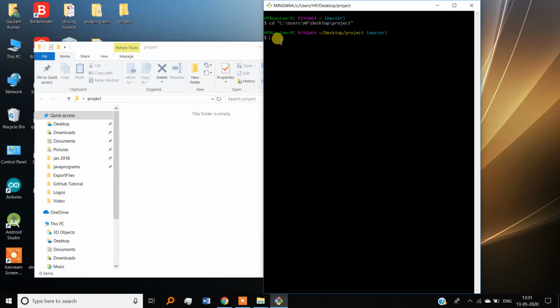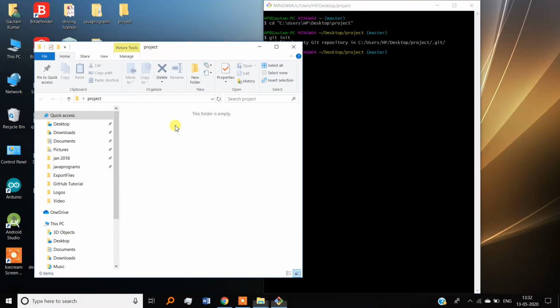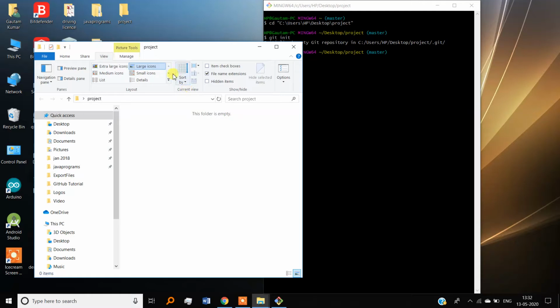Now we need to write a command, git init, git initialization. So git got initialized, which means a .git file is created in the desktop project, but we can't see it here, right? So how to see whether it is created or not? Go to view and hidden items. See, we can see here that the .git file is generated in our project folder. So it will be hidden.